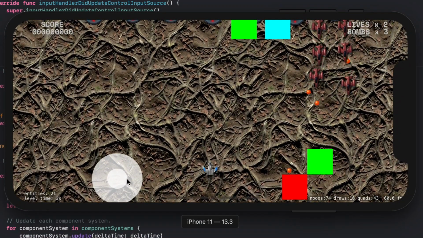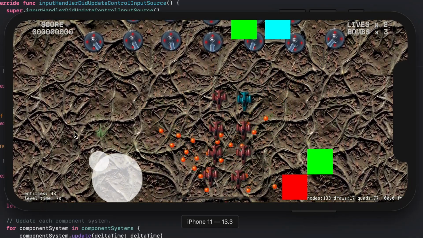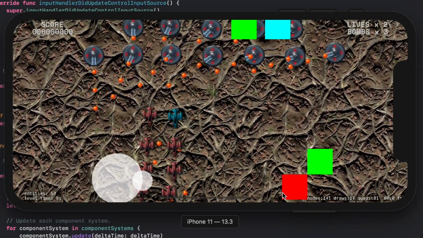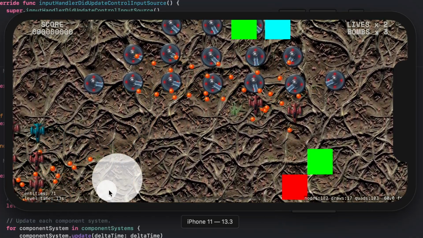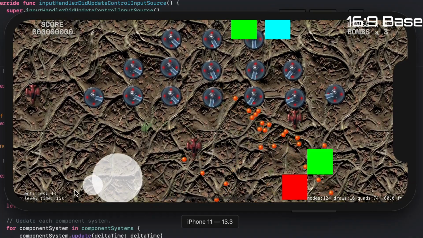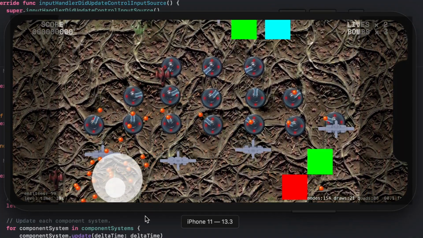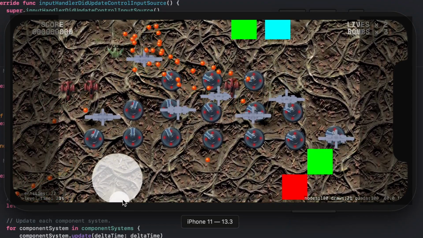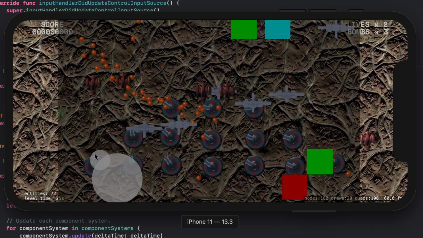So, after many back and forths, I'm now finally very happy with the solution I've settled on. Basically, I'm now working with the base size of the game in a 16:9 aspect ratio. And then I'm creating additional width for the background assets to fill out wider screens, like the iPhone 11.